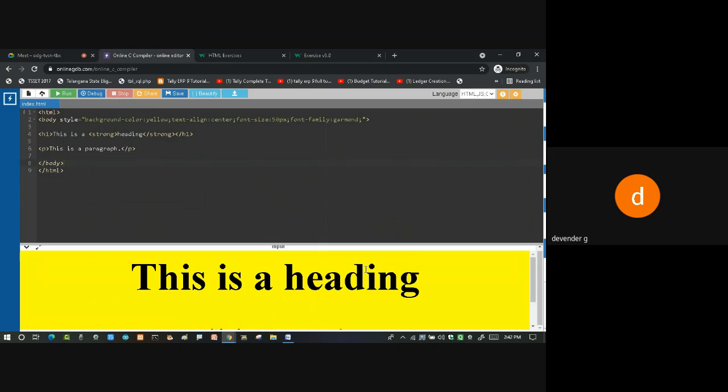So my text will be a little bit thicker compared to this. Though we are using headings, for that this will not come. If it is a paragraph, it is going to come. So I'll say this as strong. Strong is the word which is going to make your text a little bit highlighted.